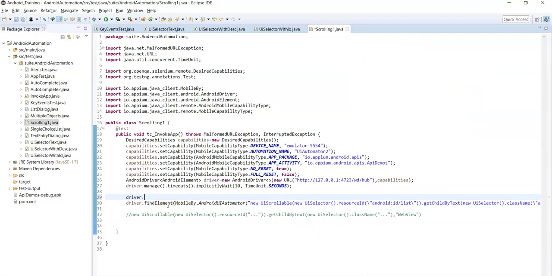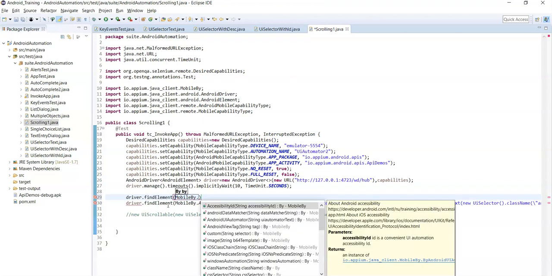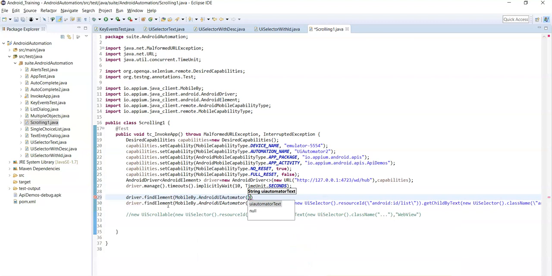Driver dot find element of mobile by dot Android UI automator, new UI selector dot text.